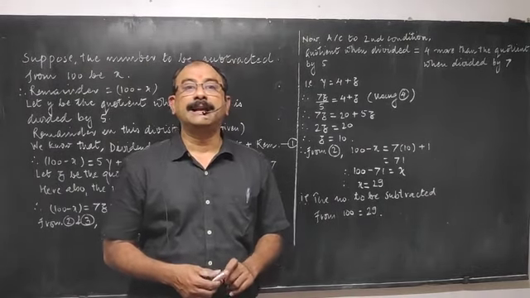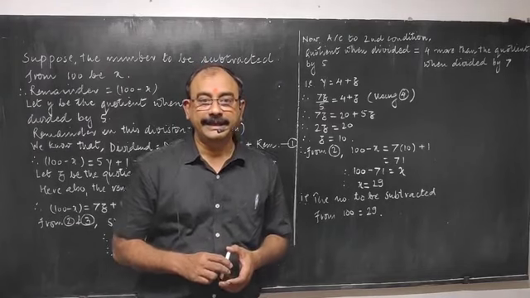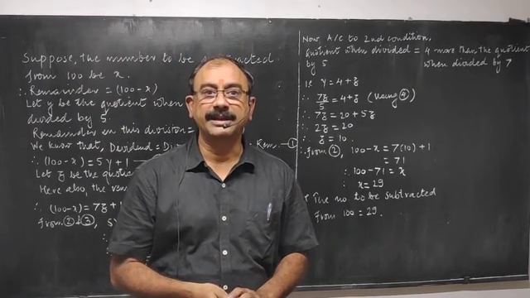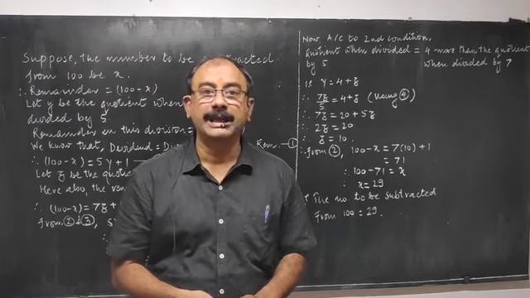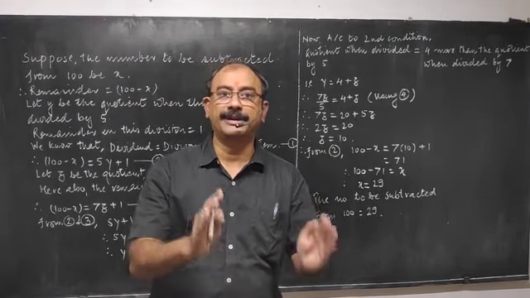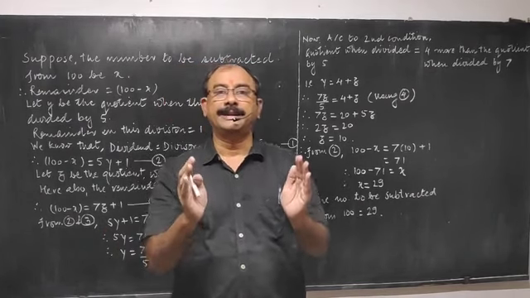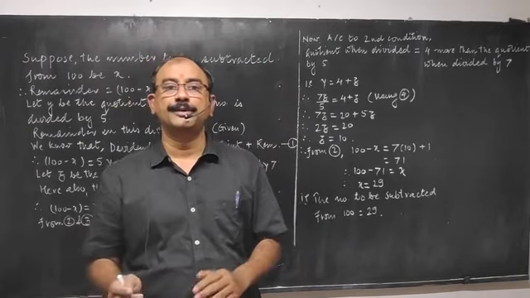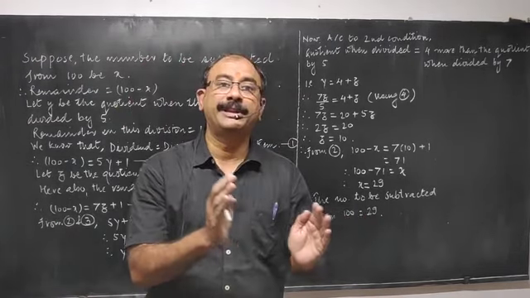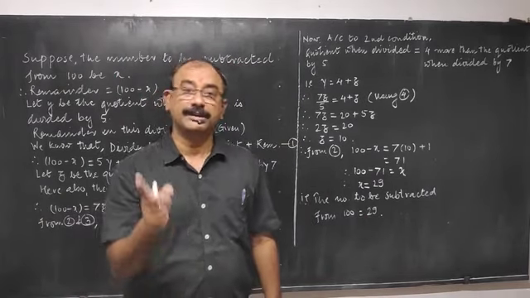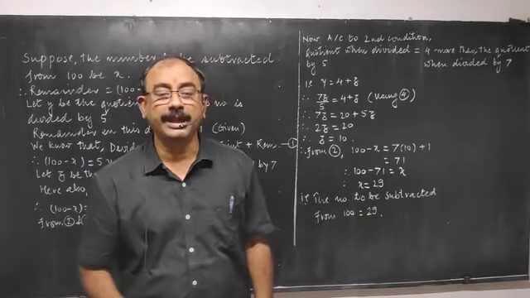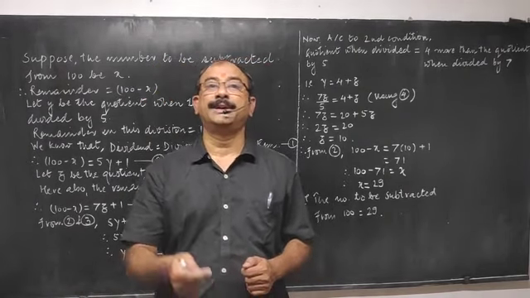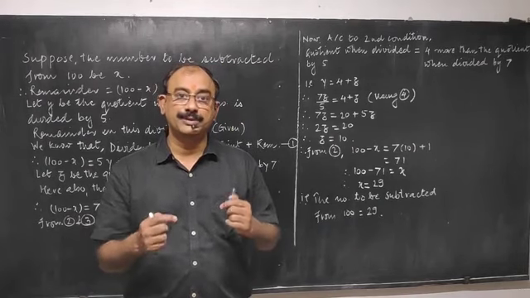Hello children, let us start with the first example of the assignment where it is given that some number has to be subtracted from 100. After subtracting that number from 100, whatever you get has to be divided by two numbers. One is 5 and the second number is 7. So when you divide it by 5, you get the remainder 1. When you divide it by 7, then also you get the remainder 1. But there is some relation between the quotients obtained in these two divisions.